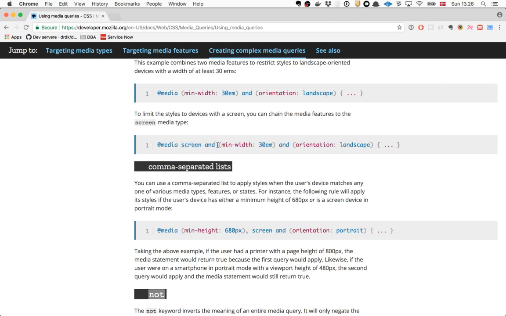And then we add another condition, which is that our display has to be a minimum width of 30 em. Em is just another unit to determine sizes. So it could have been 30 pixels or something like that. I think we'll find some other time to cover em. And then there's another condition here, which is orientation landscape. So if you're on a mobile phone, it can actually tell you if you're in landscape or if you're in portrait mode.